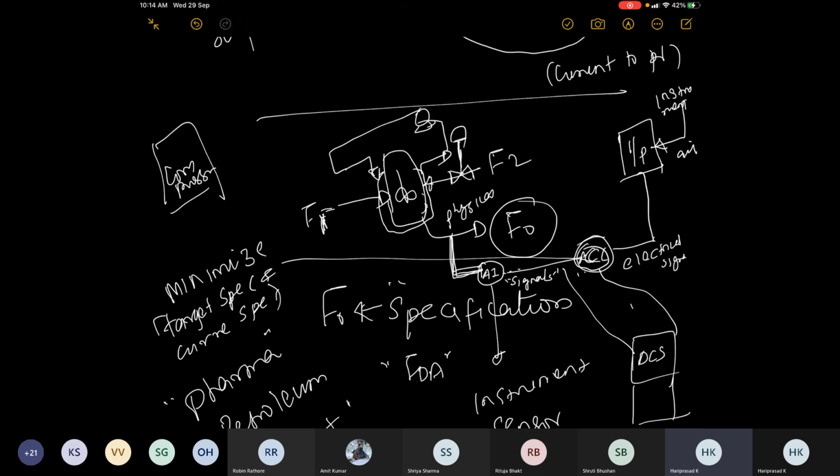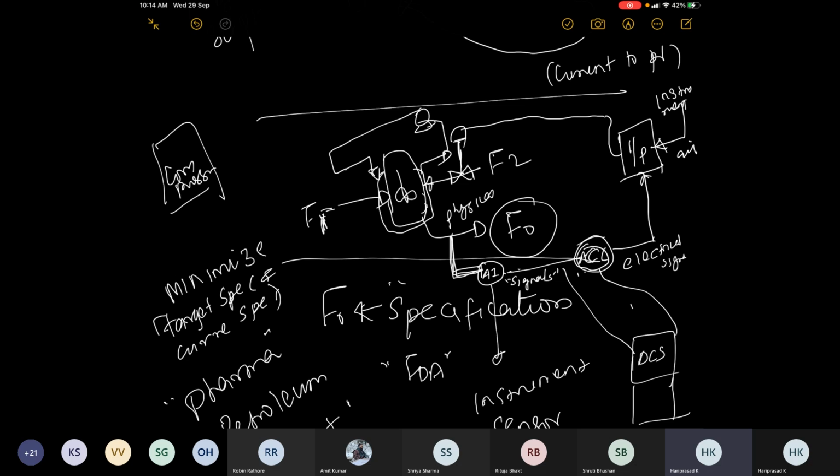So this huge compressor would supply instrument air. The instrument air line and the current signal would then give you the air signal, or pneumatic signal, that you need